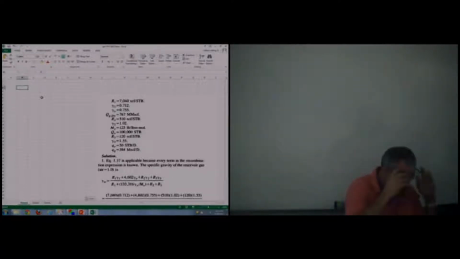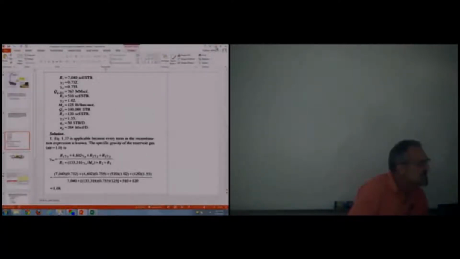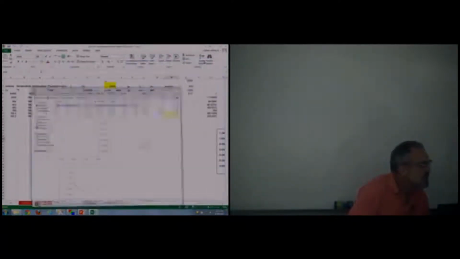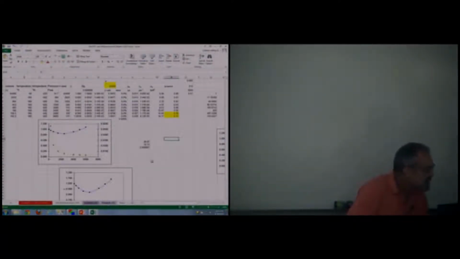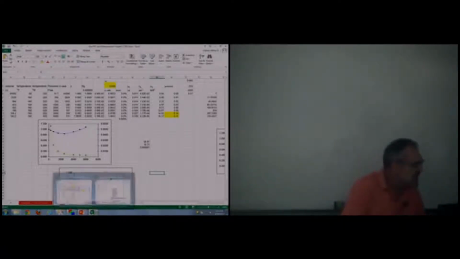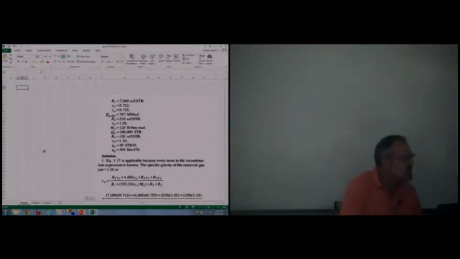I have to open 2 spreadsheets to do this. I happen to have two spreadsheets open. I've got the one I use for this course that has as tabs all the homework problems and all the examples. And then I have this one I just dropped down, okay? And if I hit Alt F11,